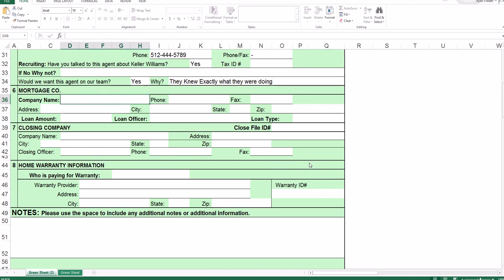The company name, their phone number, their fax number. Again, anytime you see fax can be left blank. I'm not quite sure if I could even instruct you today on how to fax. Their address,